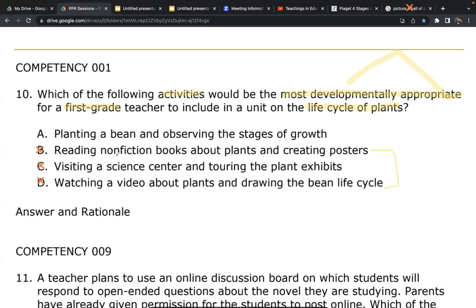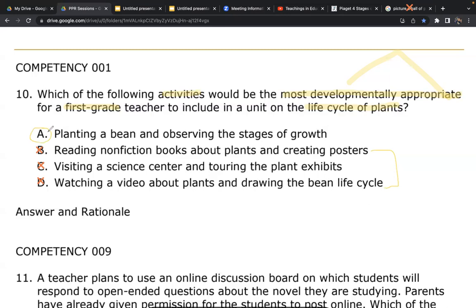You could read nonfiction books with your first graders. You wouldn't have them read themselves, or you read it with them and have them maybe in groups create a poster, but that wouldn't be the most developmentally appropriate. The one that's the best is this one right here. You could do these also in tandem, but you must do this one, because it is the best to teach them